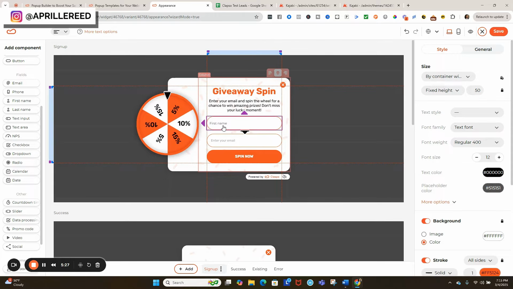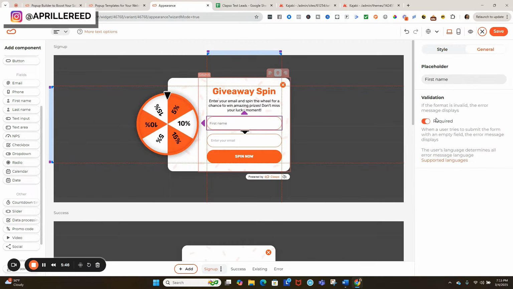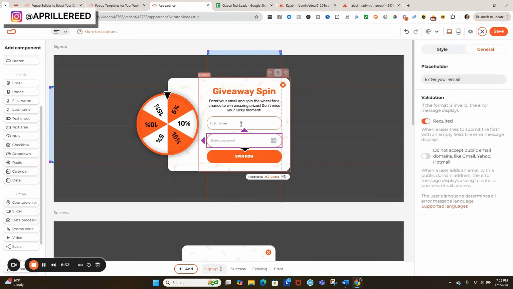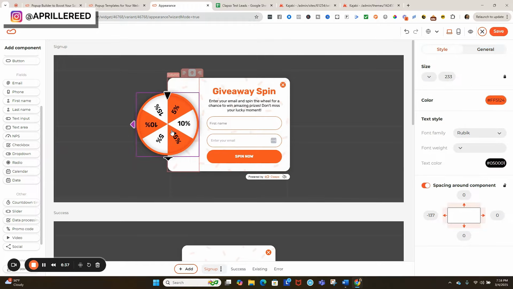So there's first name. Now, what I want to add here is, while first name is selected, let's say you want to give people the option of whether they want to add their first name. So if you click on general while it's selected, so first name is selected, click on general, you're going to be able to toggle off required. So now, even though you still ask for their first name, it's not required. So what else? Before we move on, let's go to this